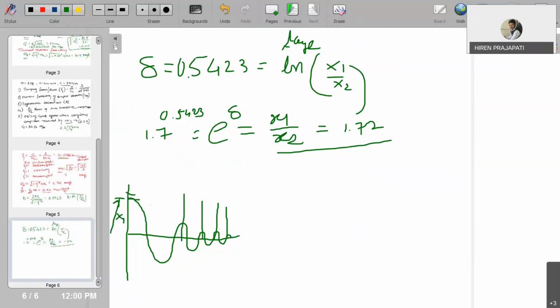Reduction in amplitude means, let me change this. Suppose I draw one horizontal line from x1, then this is our initial amplitude. The initial amplitude is to be reduced by 20%. Suppose I draw another line which represents the x2 amplitude, this is x2, right? What happened is called the reduction in amplitude, right? So this reduction is given as 20%. For this reduction we need to find how many cycles will be covered.